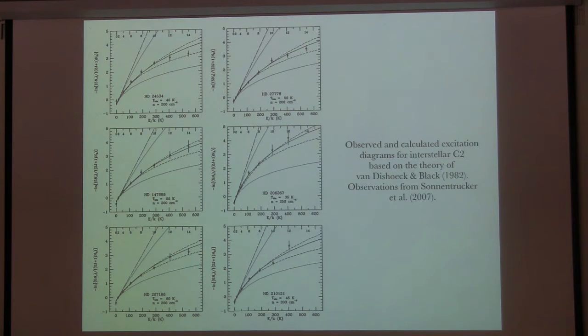Notice there's a minus sign here, so they look upside down compared with the other ones that you've seen. But it's the same idea. And here again, it looks as though there's more than one temperature component in the gas that produces these absorption lines. And again, the same thing happens, that there's a competition between radiative processes and collisional processes in establishing the